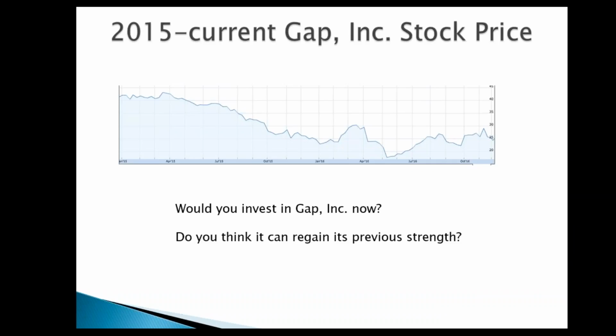So if we look at the stock price, this is from the beginning of 2015 till now. For the Gap, if you're an investor, it's not so good of a time. There have been better days beforehand. But at the same time, it's not tiny. They have a lot of stores. They have a lot of assets. What do you think? Where does it go from here?